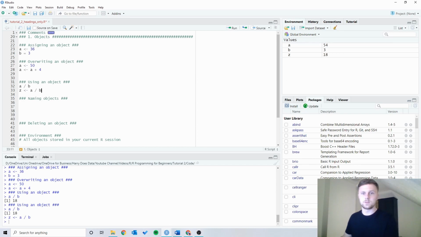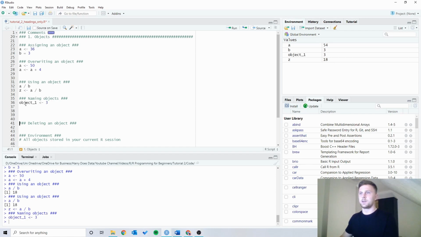So there's a few rules that you have to obey when you're naming objects. So let's have an object called object1 and assign it the value 3. And this is okay, because essentially an object has to start with a letter, and it can include underscores, numbers, and other characters after that letter, as long as it's begun with a letter. But you'll see that if you try to assign an object beginning with an underscore, so object underscore 1, don't know why I commented that,